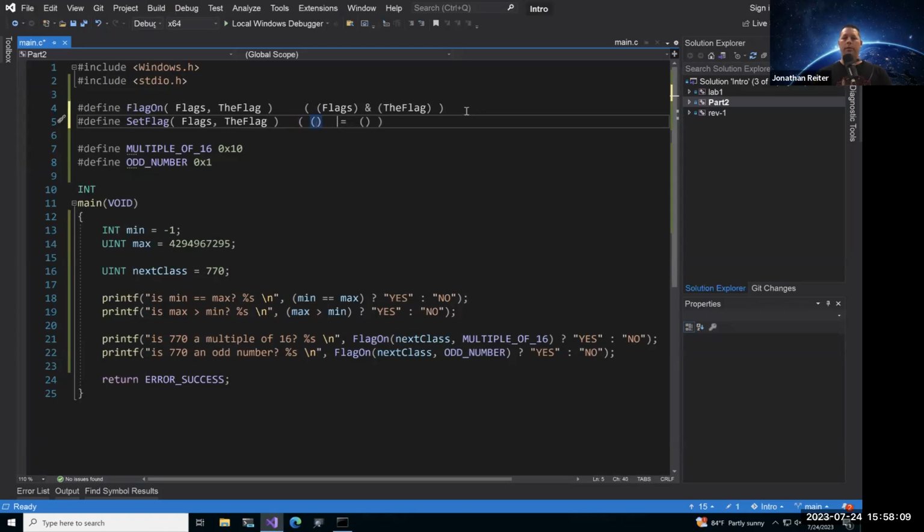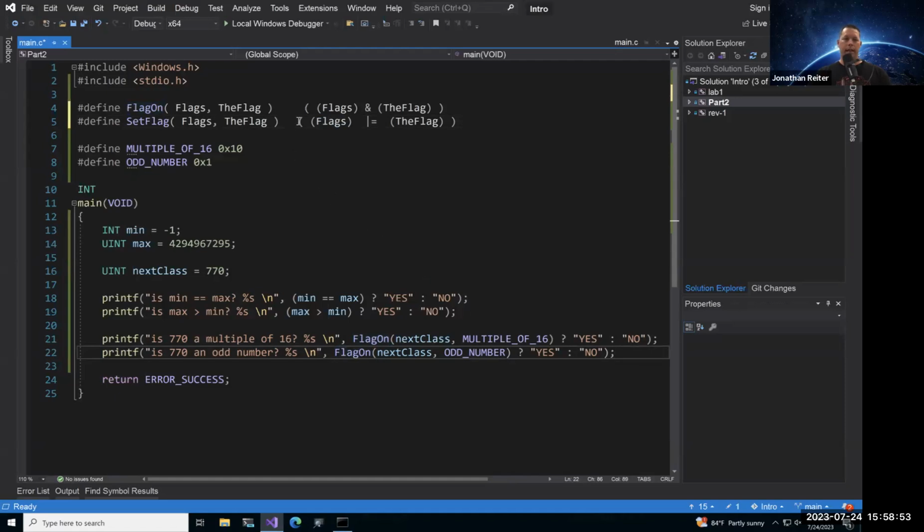In part 1, we talked about some arithmetic operators, how you can do addition and assign that value back to the variable all at the same time, doing plus equals, minus equals, and so forth. The same thing can apply here for bitwise operators. So, OR equals. On the left-hand side of this operator is our flags, and on the right-hand side is the flag that we want to set. We'll do the OR equals operator, storing that value back into flags.